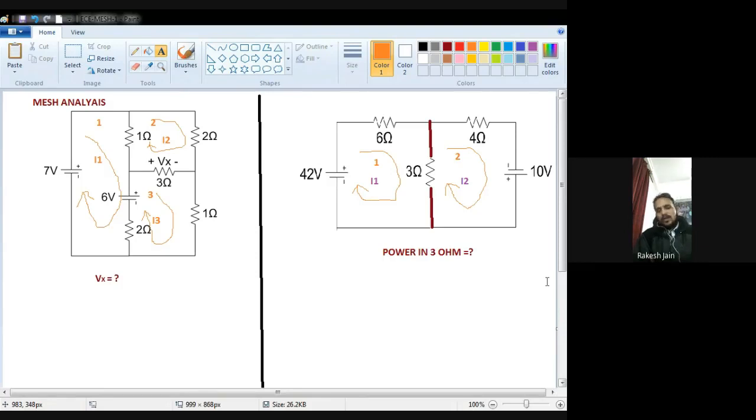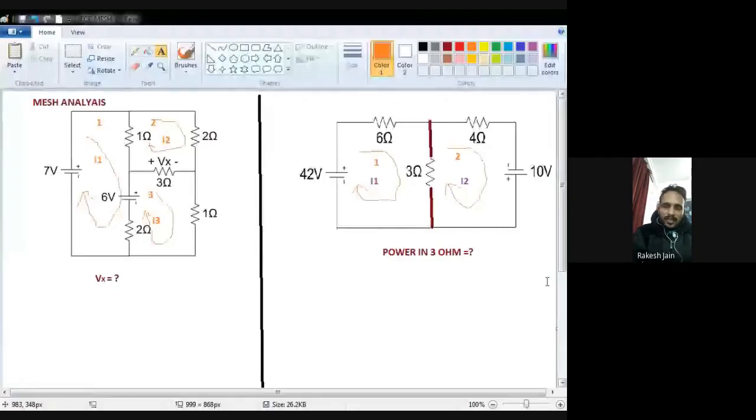if a voltage source comes, see which polarity of that voltage source comes first. For example, when I start my journey to write the equation for the first mesh of equation number two, 6 ohm will come first, so I write 6 I1. Then 3 ohm will come, so I write plus 3 I1, because I2 also passes through 3 ohm in the opposite direction, so I also write minus 3 I2.